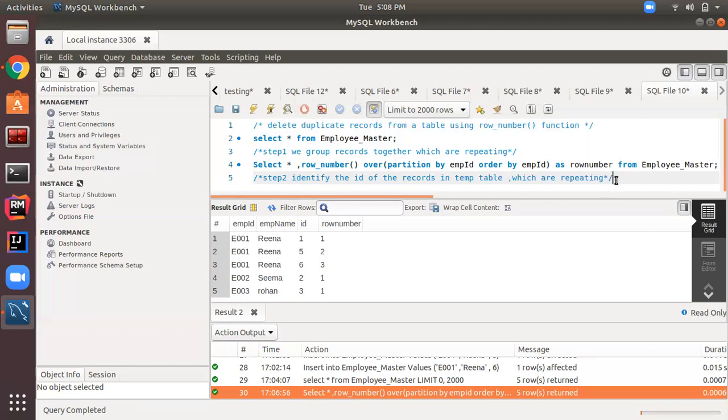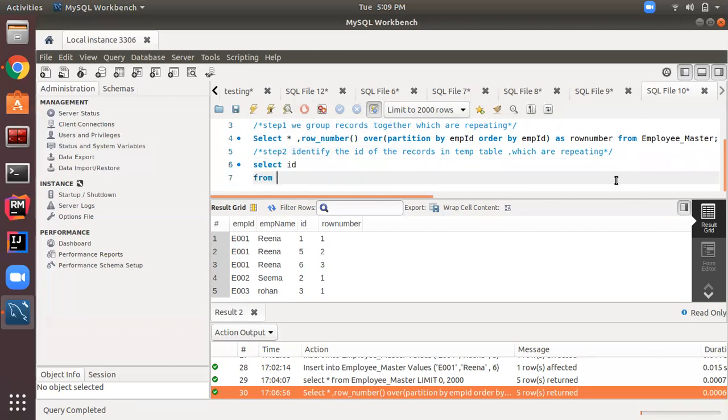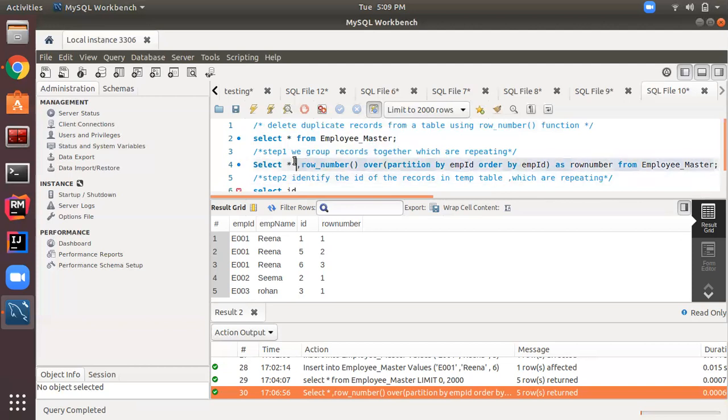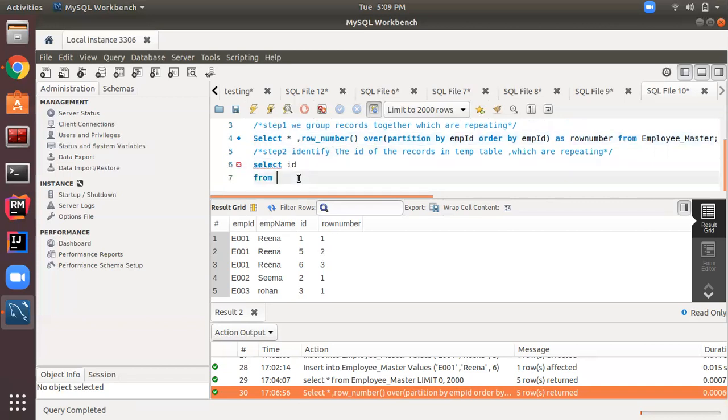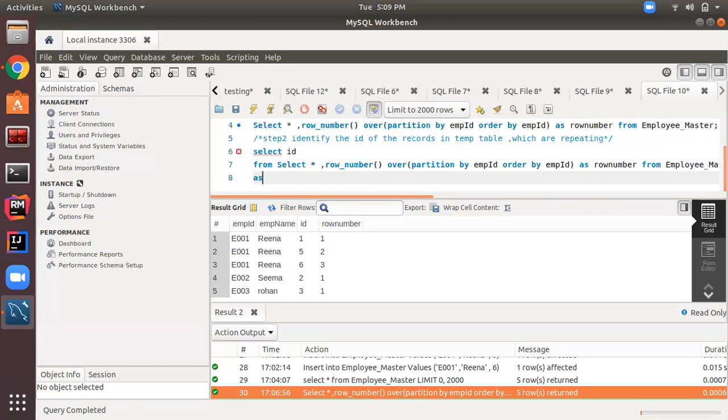For that I am introducing another select query, select ID, since I want to fetch only the ID, from this result set, and I am giving this result set the name temp. I am copying the earlier query as it is and giving it the name temp, with brackets, where row number is greater than 1.